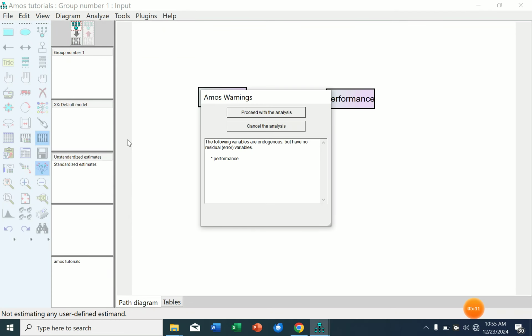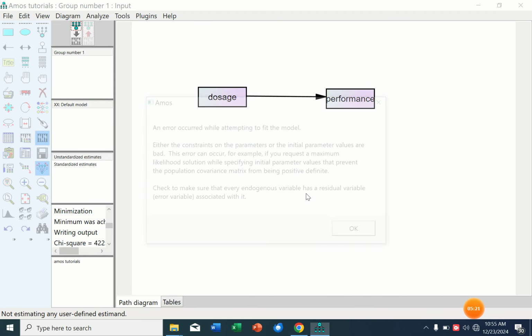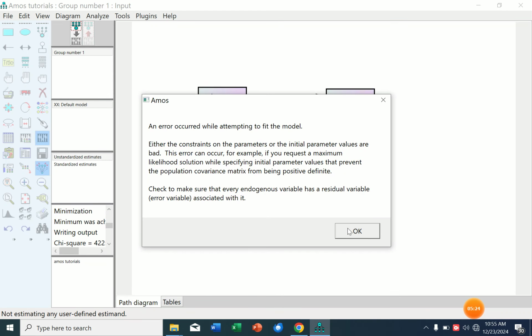So you click on this, proceed with analysis. They tell you the variables are endogenous but have no residual variables. So it means that because they are manifest, this is what you see. So you can consider proceeding with the analysis. And okay, either the constraint on values are bad. For example, if you request that prevents covariance, just to make sure that every endogenous variable has a residual